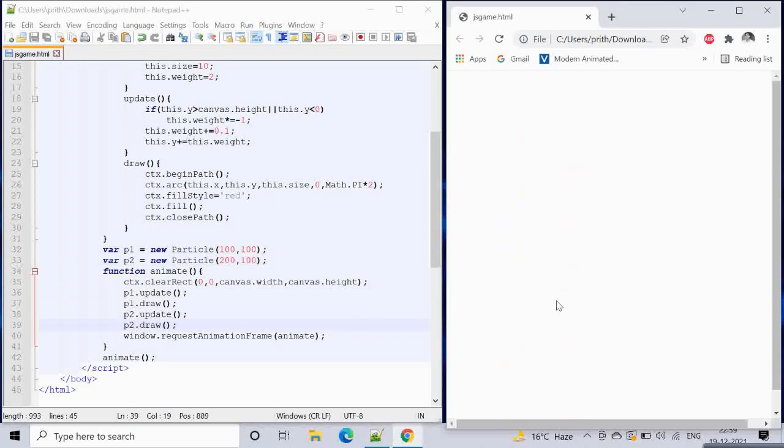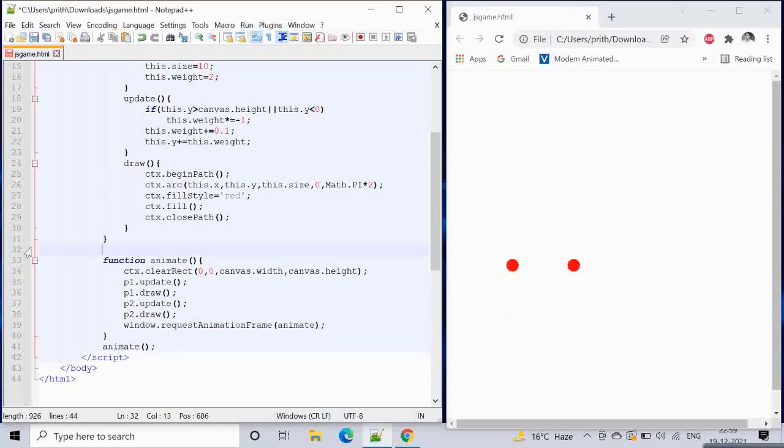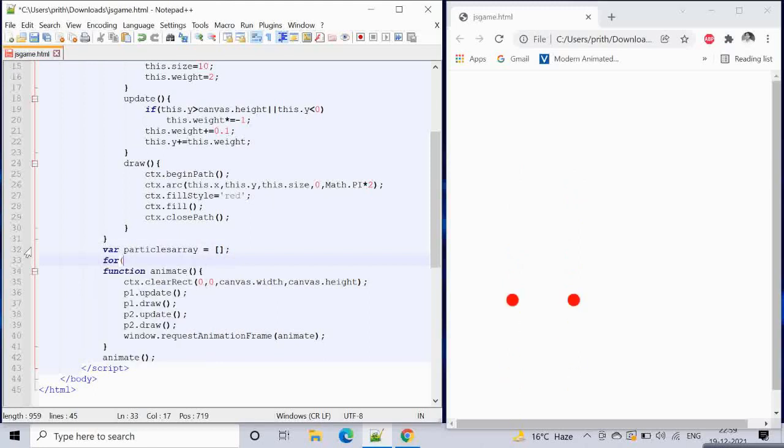But then what we want to do is, we don't want to create only two balls, we want this in a loop, right? So how do we do that? So we have a particles array, and in a for loop, how many particles do we need?